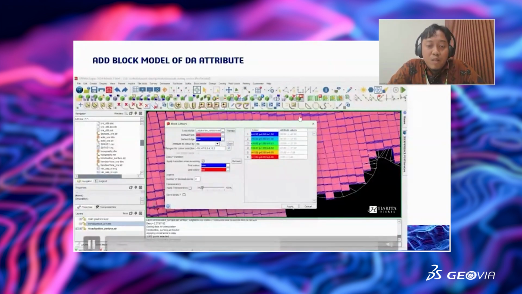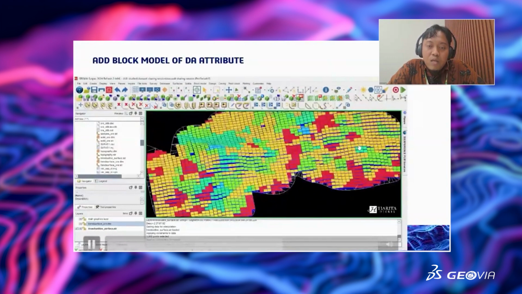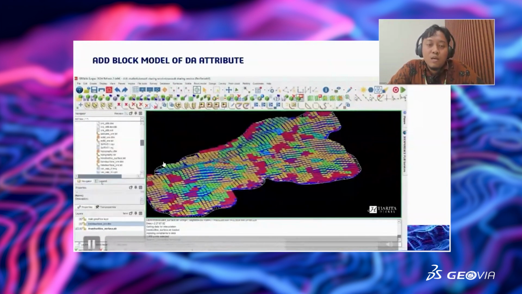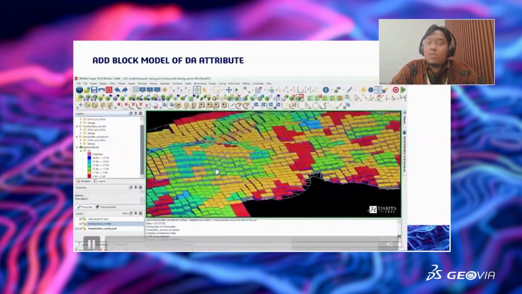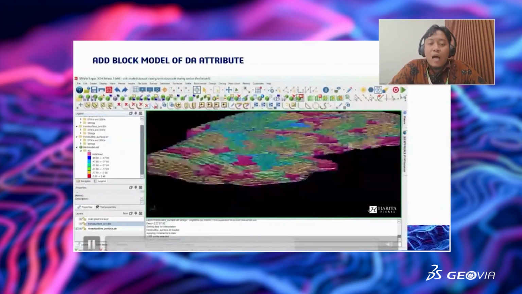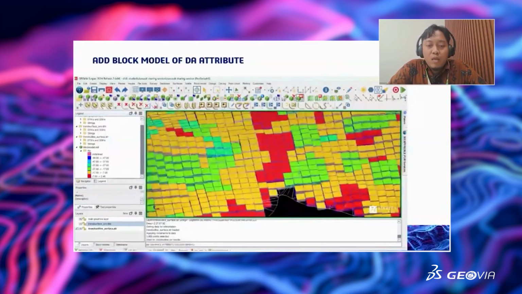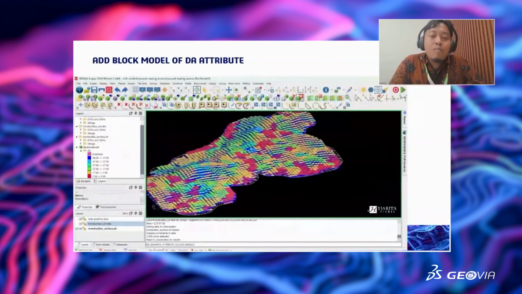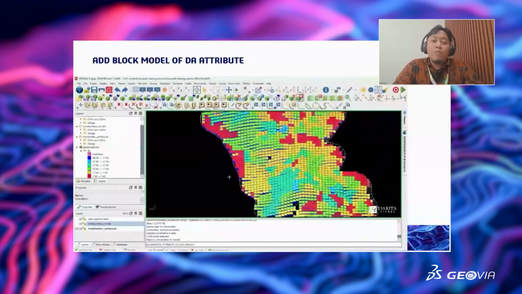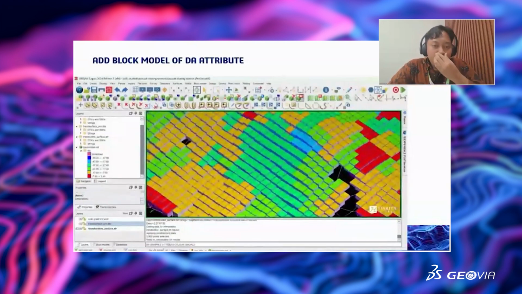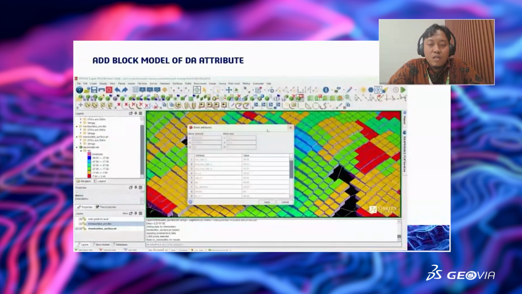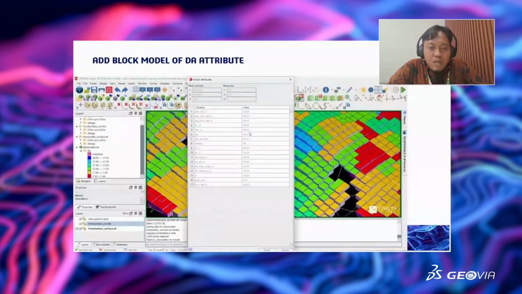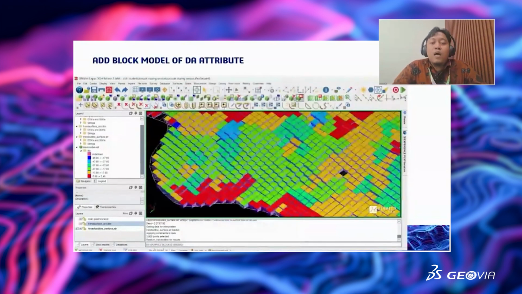As we know, the red one is the lowest value of the dip here, and when we go to the steep area, the color of the block model comes to blue, because our dip and dip direction values from our string have already been put into our block model attribute here. So when I check this one in the steep area, the dip is more than 30, because that one is the steep area.